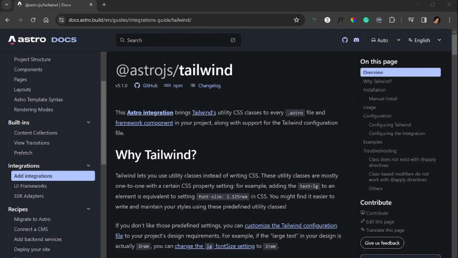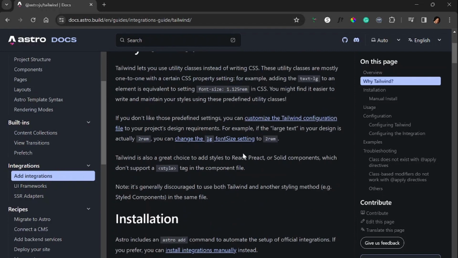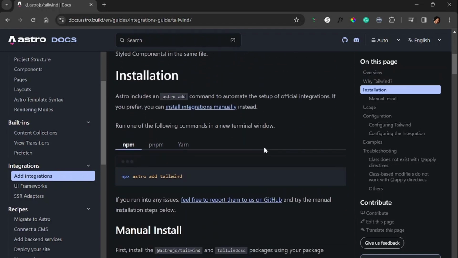So now let's look at the documentation as to how to install Tailwind. Under the add integrations section of the documentation, if we look at installation, we need to run npx astro add tailwind. The reason we're going to add Tailwind is that it's going to make it a lot easier to style the components that we've seen in the template. So npx astro add tailwind, we will copy that,